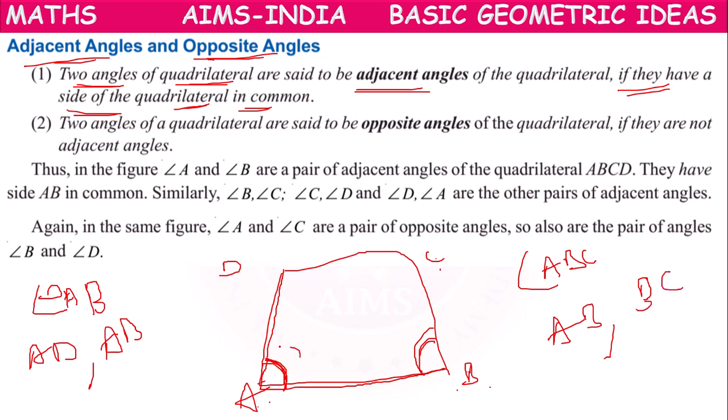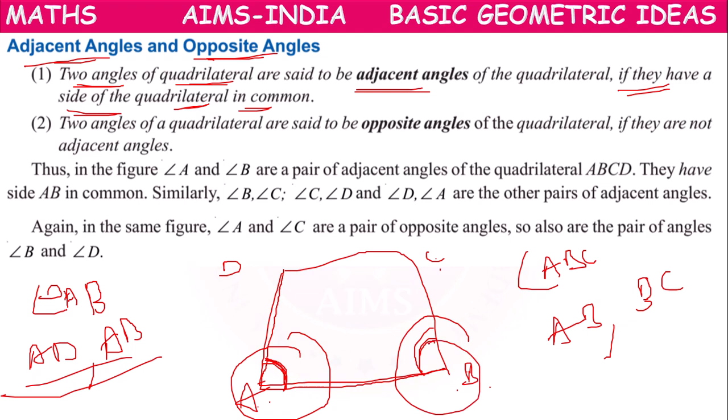So in this angle, we have two line segments. This angle is associated with two line segments. Out of two line segments, one line segment AB is common in both the angles. So they are said to be adjacent angles. If they have one side common, they are said to be adjacent angles. Whereas